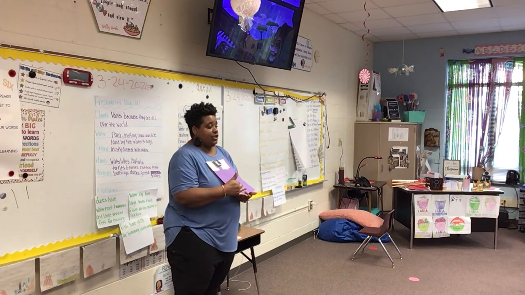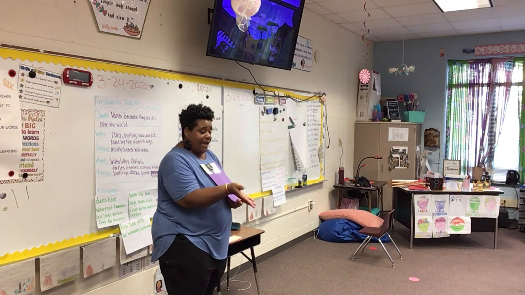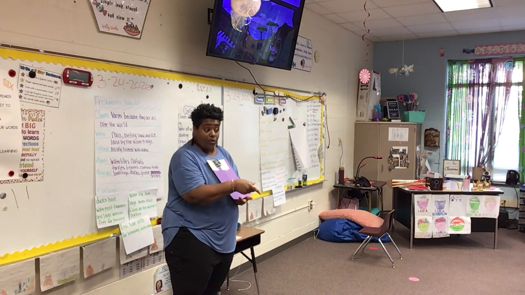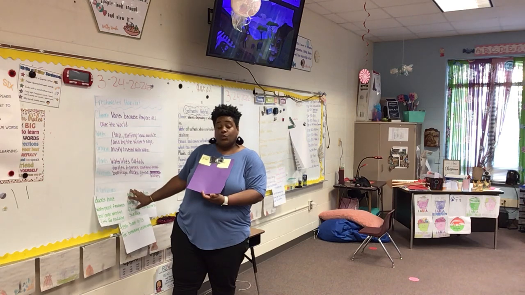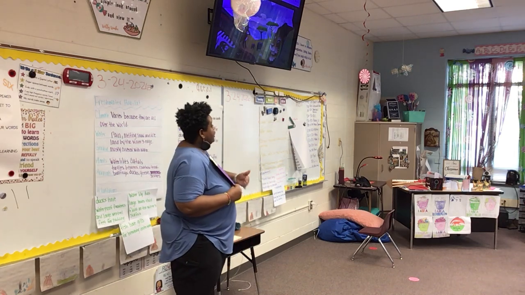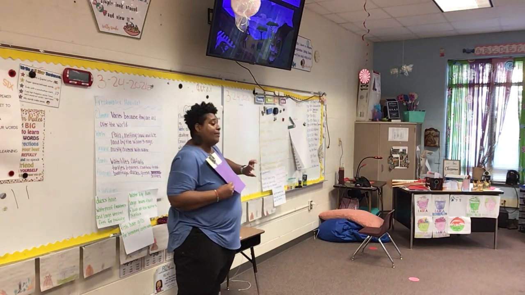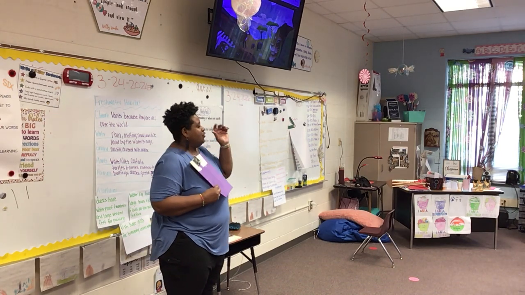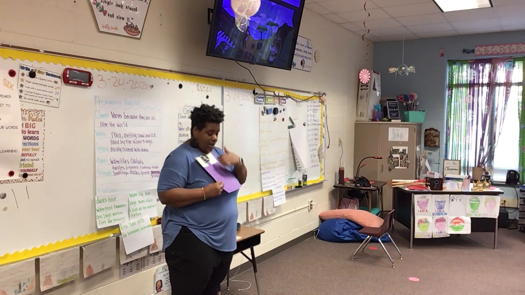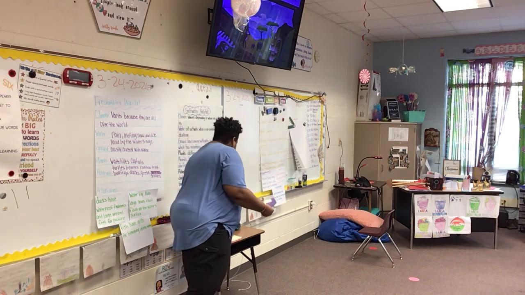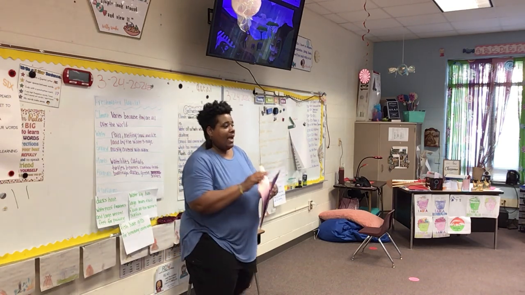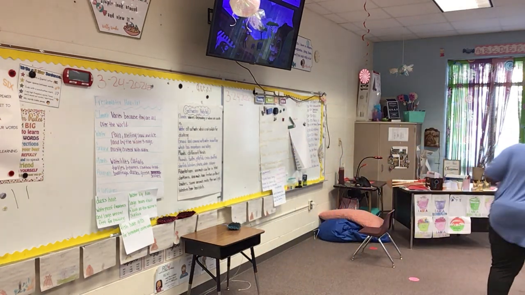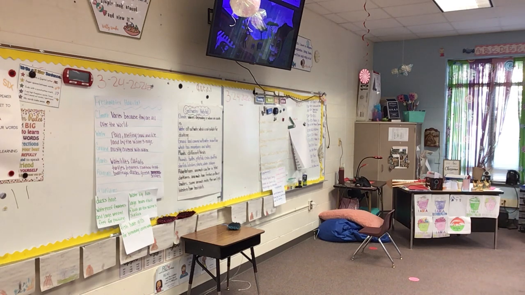And what you're going to do is work with your table to sort the animals to see what you already know from the freshwater habitat and see what you think you know, and we can talk about, and you can pull the information that you've already read, that you've already seen in videos about the saltwater habitat. Okay, so I am going to give each one of your tables a